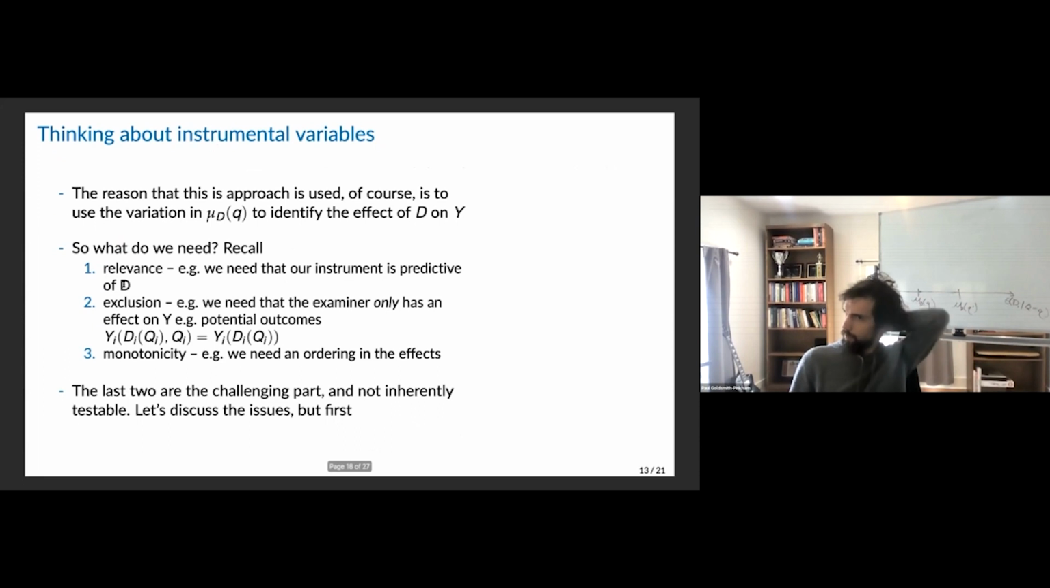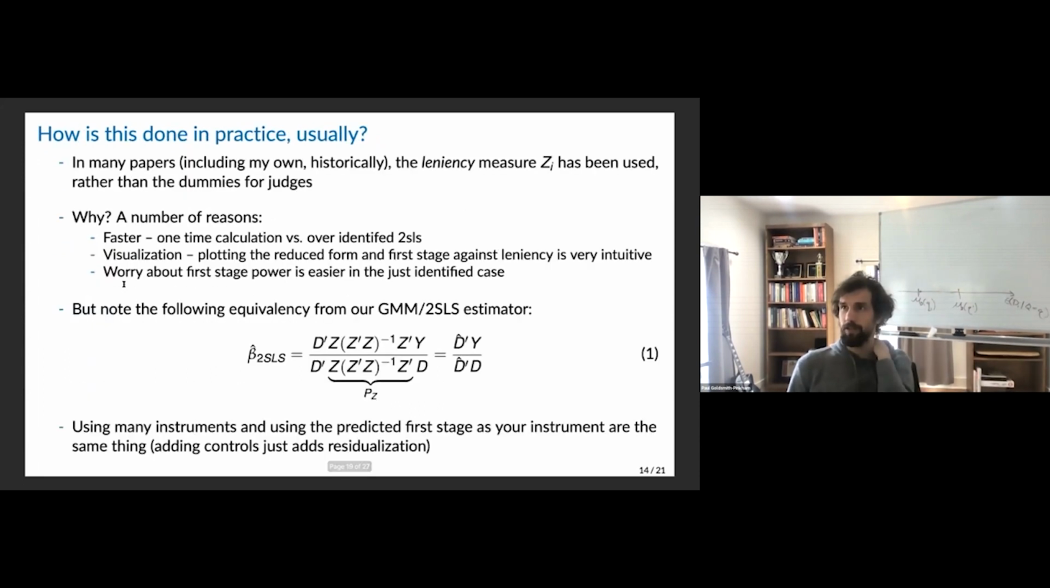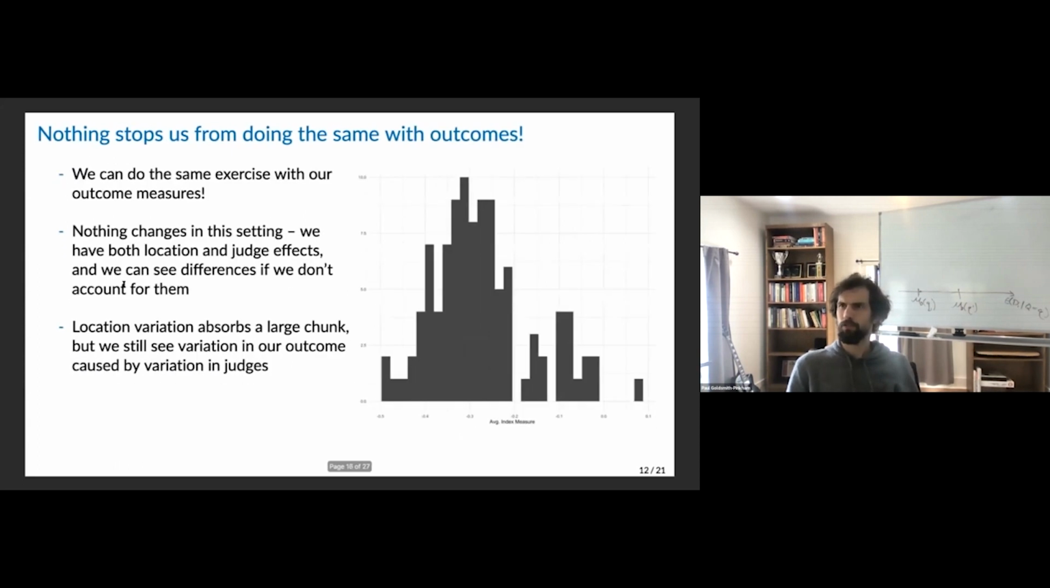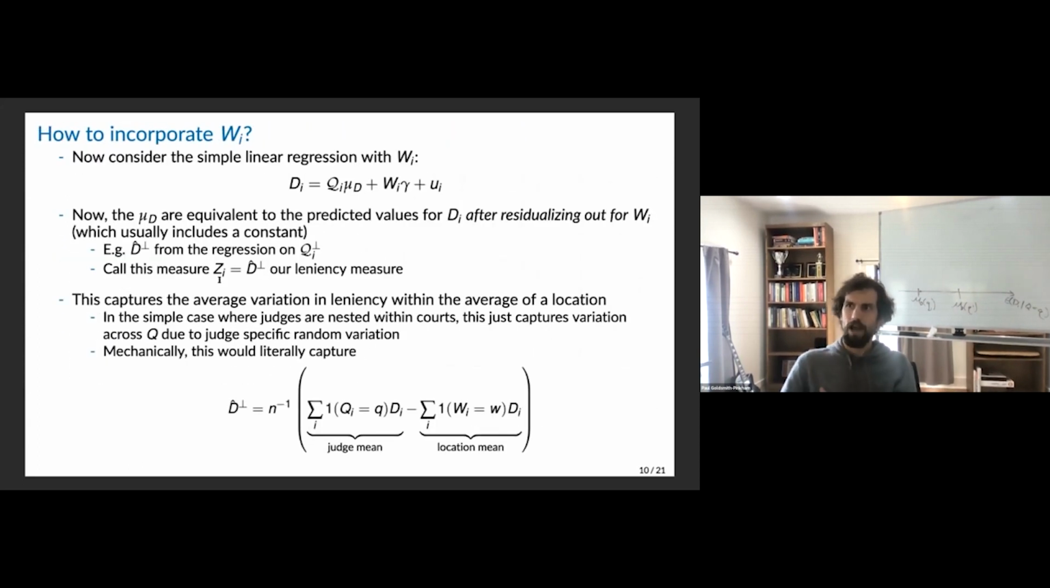So what I want to do is discuss the issues, but first talk about what's done in practice. Rosie, I think this is going to get to what you wanted to get at, but we'll pause after this. In many papers, including my own, what's been used is the leniency measure Z rather than dummies for the judge. I actually skipped over this briefly. I called this Z_i measure this hat, this projection. Rosie made the point: should we do this fitted thing? Do we have to worry about